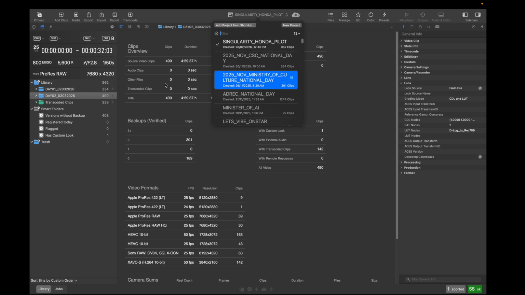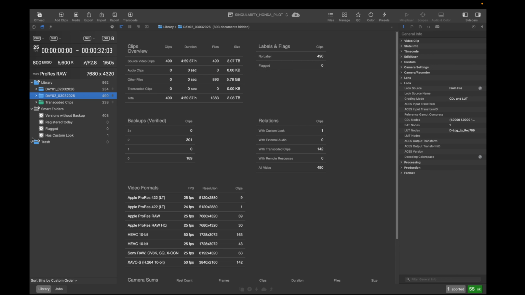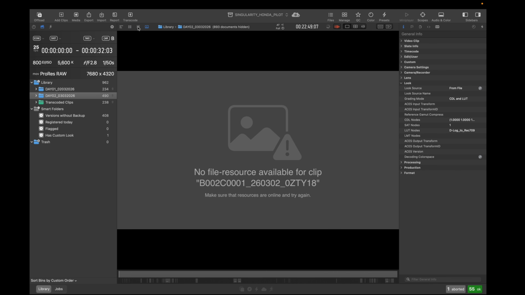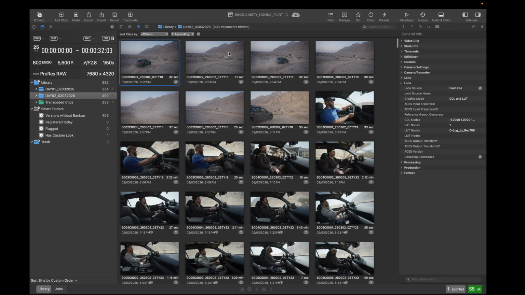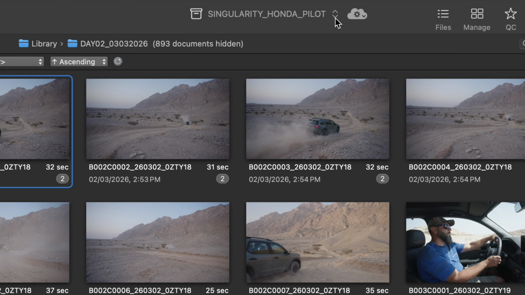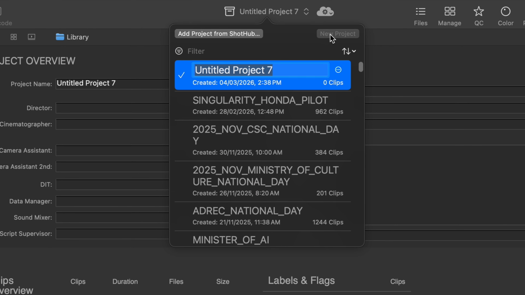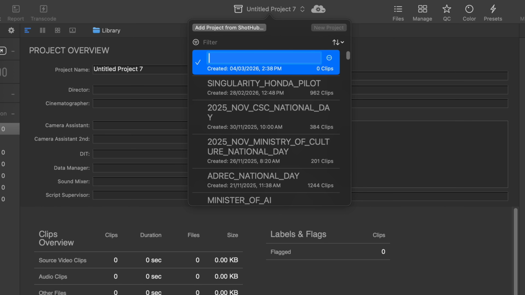So to create a project, whenever you open it, it will look something like this. It can be here or here or here, it can look anything like that. So to create a new project, you come right on top here and you go on create new project. And once you do that, first of all, it will ask you for the name. So let's say I will say this is a test project,